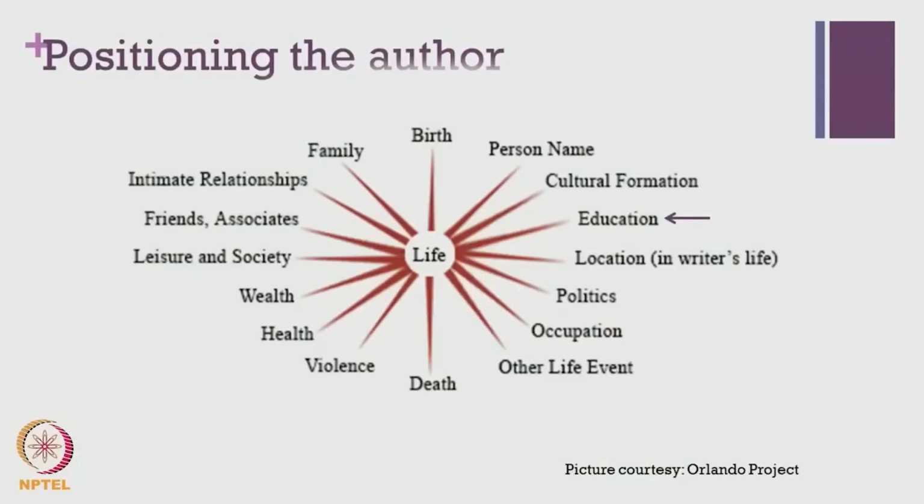Though in the postmodern era we celebrate the death of the author, in the understanding of literary history, the positioning of the author is of supreme importance. For example, when we begin to talk about a particular author, we may begin to talk about certain very mundane details, including his birth, family, name, the occupation, when he died, the kind of wealth status that he enjoyed, his friends and associates, and also moving on to other various life events that had perhaps defined not just his personal career but also his writing career.